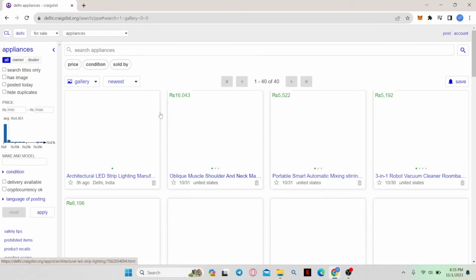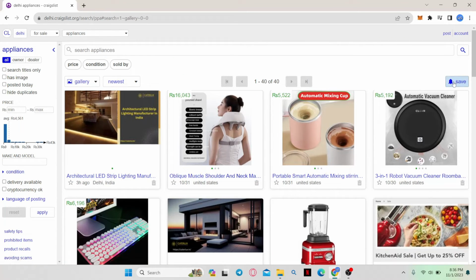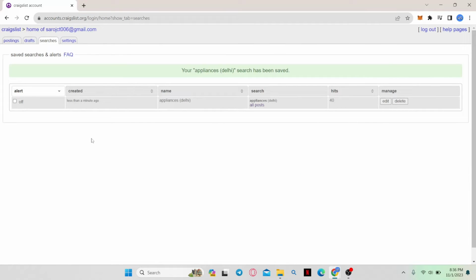Now when you look for any item or start a search, you can click on the Save button at the top right corner and this will save your search. Now once you are taken into your search tab, you will find the alert menu at the very beginning. You can simply click on the checkbox which says off and this will turn on the notification for that particular